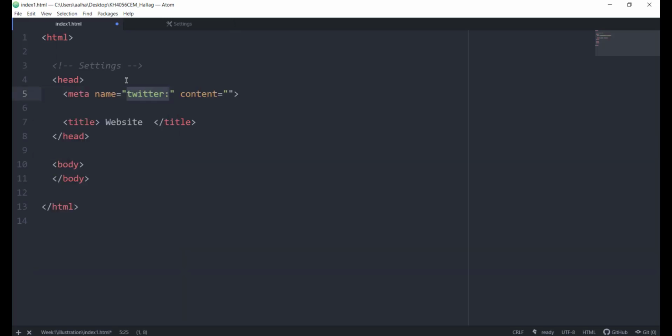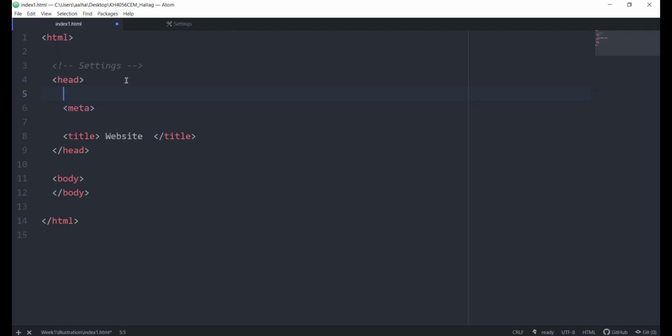It's called the meta tag, right? I'm going to remove this and write it slowly without using the shortcut. Okay, so I'm just going to make the opening tag like this. And notice something: the meta tag is one of the tags that does not need a closing pair, because by default,